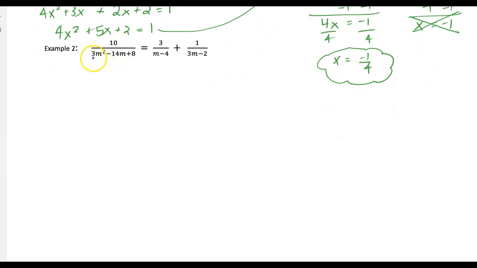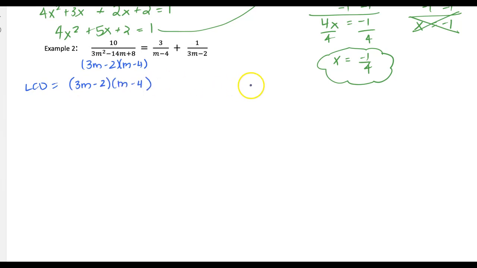Same idea, I'm going to factor 3m squared minus 14m plus 8, and it's really not a mystery that a lot of times these are the factors, not always, but I'm going to start there and check to see if that would multiply back. So our 3m squared checks off. Outer, we would have a negative 12m. Inner, we'd have negative 2m, which does total the negative 14m, and last times last is a positive 8, so that does check off. So our least common denominator is going to be 3m minus 2 and m minus 4,